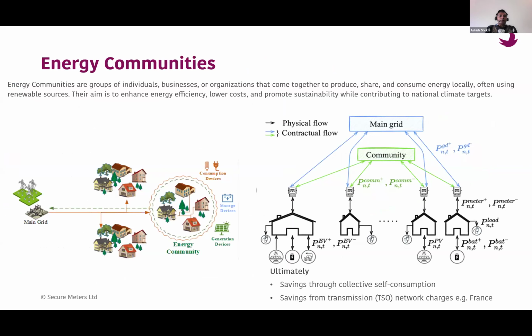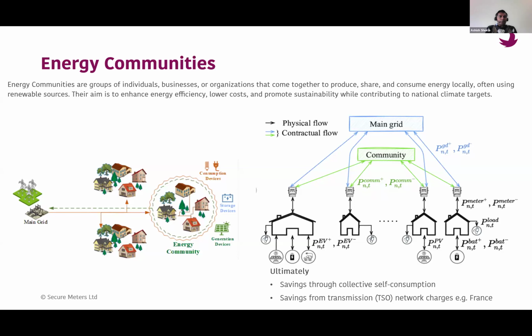Let's take the example of staying in row houses, where we have 20 row houses, and some have solar power, some do not, and some have solar power with less capacity than they require. But as a unit, as a collective community, we decide to exchange this excess power among each other. So what will happen?